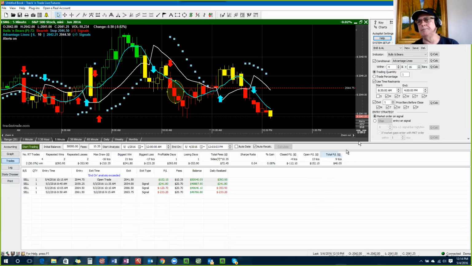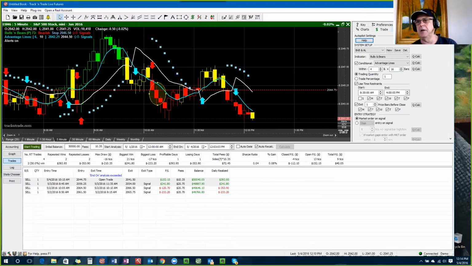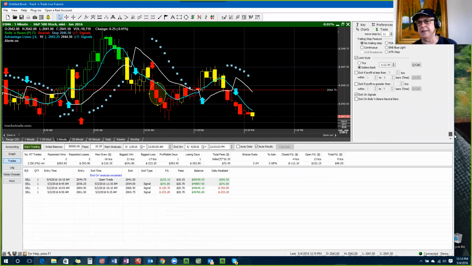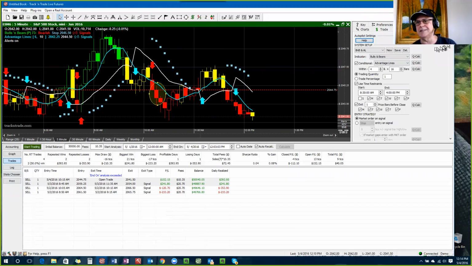All right? Without any QCalc or anything else. Now, if you QCalc, which you don't want to do, I'm just showing you what not to do. Don't QCalc. If you QCalc from the top button here on the top right-hand side, it's going to calculate everything all the way down to the very bottom, every setting that you have,